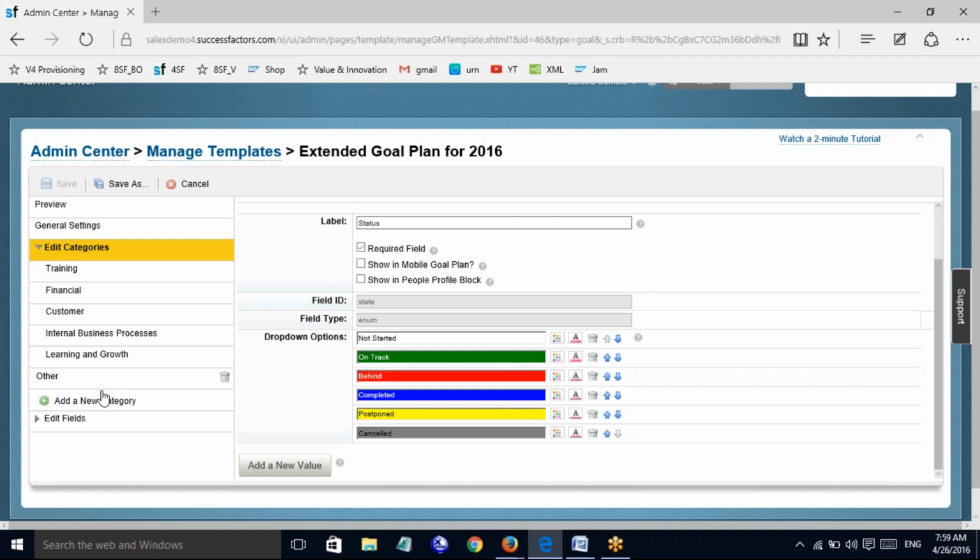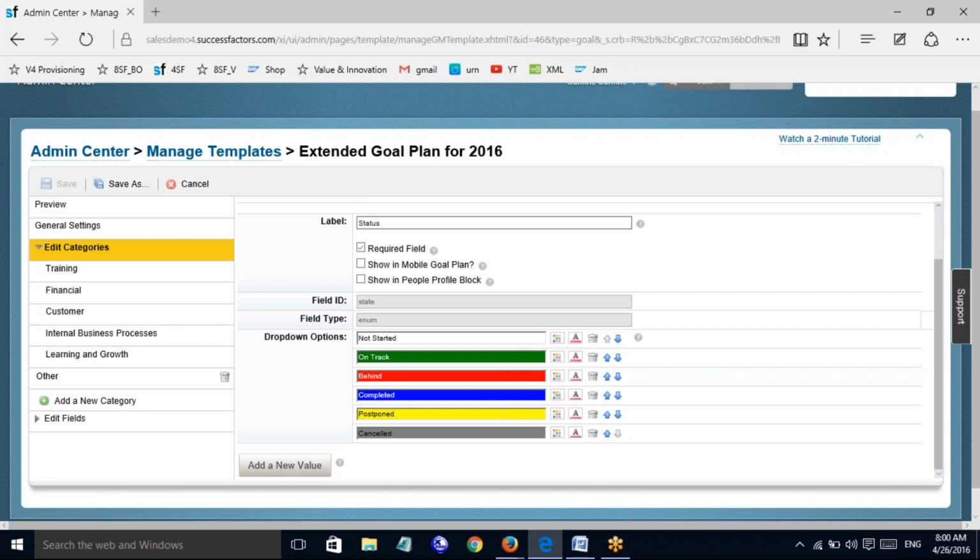So you have to be very careful when you add or remove fields, modify fields, delete sections from any category, or edit fields. You have to be very careful when you modify an existing goal plan template that is already in use.